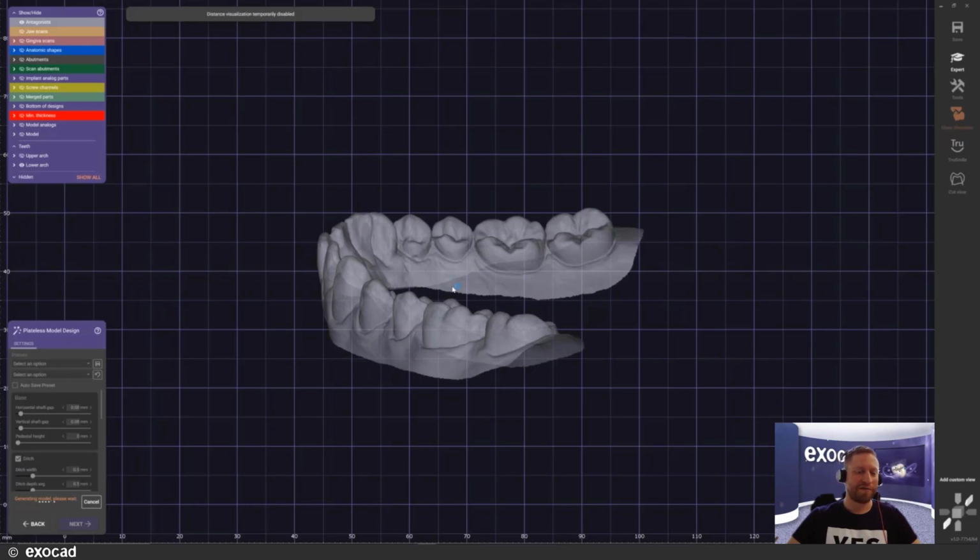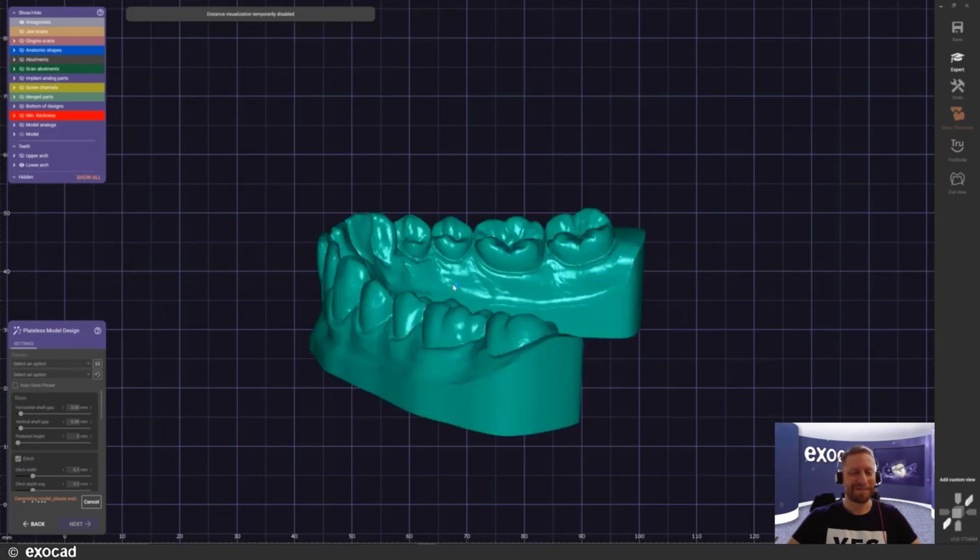This time it goes a lot faster, of course, because it's just one simple jaw. There are not too many calculations to be done. Don't leave me hanging here. There we go. There is our model. They will be calculated together. The correlation takes place.